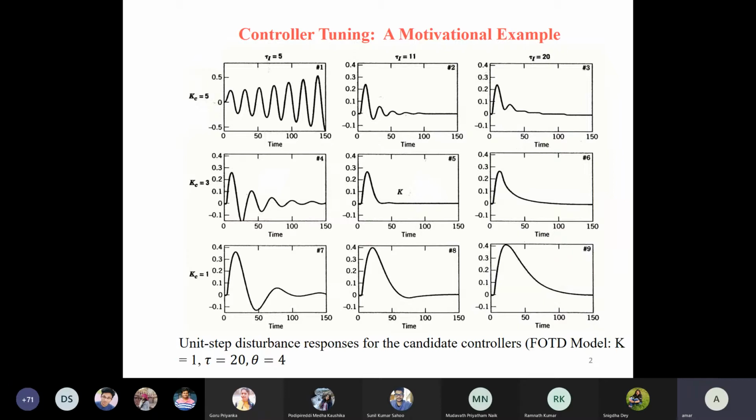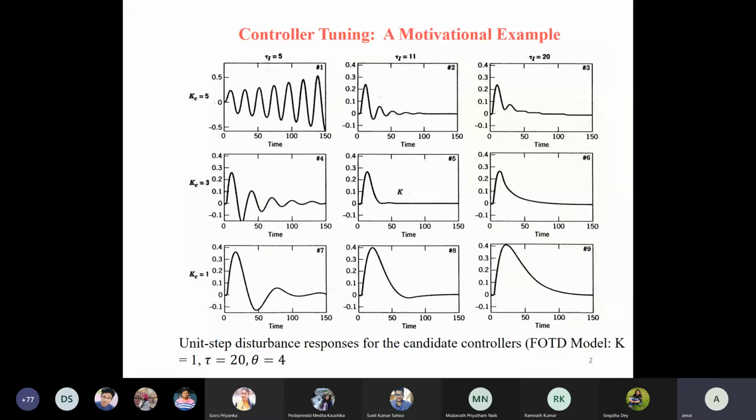like PID controller, I can use only the proportional action. I can use both proportional and integral action. I can use all the three actions like P, I, and D. Also, you can use the proportional and derivative actions. We have already seen the effect of these actions, and one of the things we have found out in our earlier analysis is that unless we have the integral action, we will always have an offset in our process control. So to remove the offset, we have to have integral action.